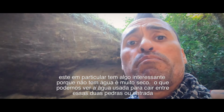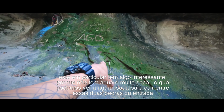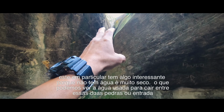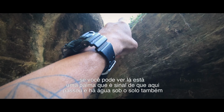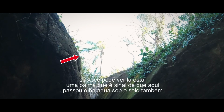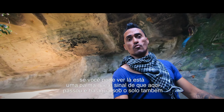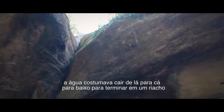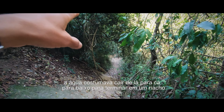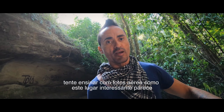And it's very interesting because this one in particular is very dry. They have no water, but somehow, like you can see, the water used to come down from the top of these two rocks or entrance, if I can say that. And there's a palm, and that type of palm is a signal that there was water here before. You understand? So that means that there is water under the ground of this place. And from there, the water comes down here all the way and down the river. So I tried to put all the shots together to try to understand how this looks from the top and the terrestrial area. Anyhow, folks,